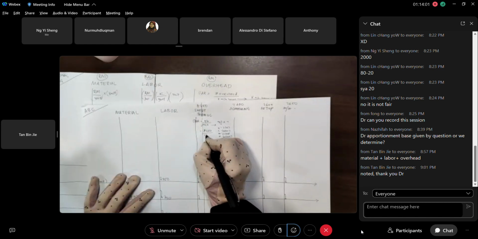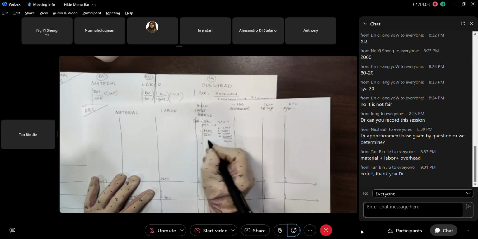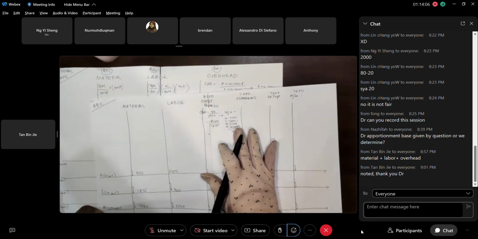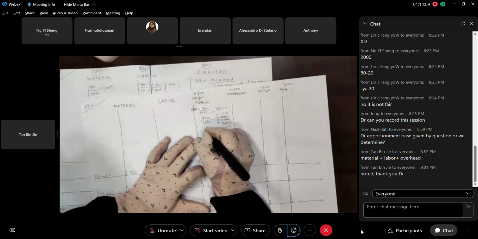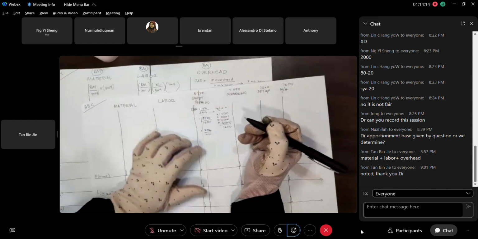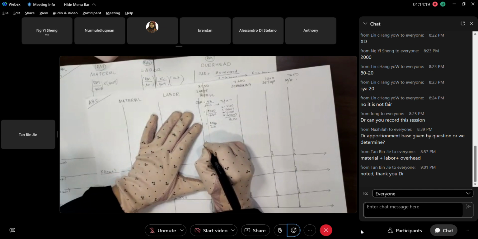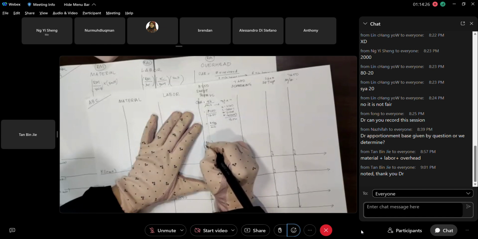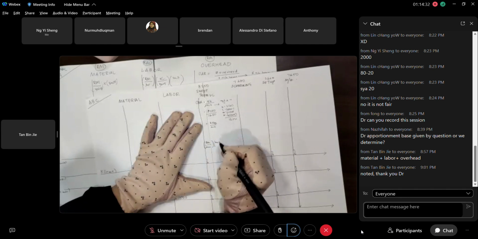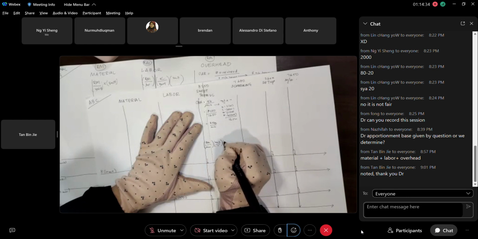Okay, so 1650. Then you get RM8 per machine hour. Okay, what happened now? Okay, you have to distribute. Before that, you look at dia punya unit machine hour, tak dapat lagi dalam bentuk RM. Still did not get the RM. So you have to multiply with machine hour. You don't have the machine hour, you have machine hour per unit. Okay, then you have to multiply with unit, then you get the RM.